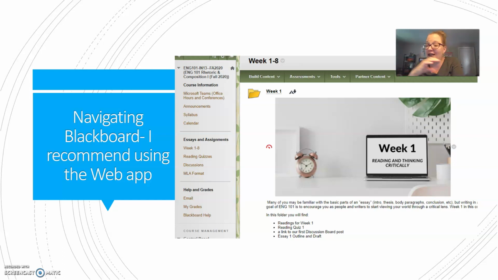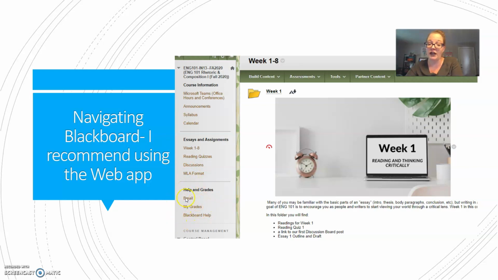Really, basically, you need a header in the top left that says your name, my name, the class, and the date. And then you just need your last name and page number at the top right. So everything should be Times New Roman, 12-point font, double spaced. But if you forget any of that, or if that's not familiar to you, this MLA format is where you'd like to click.